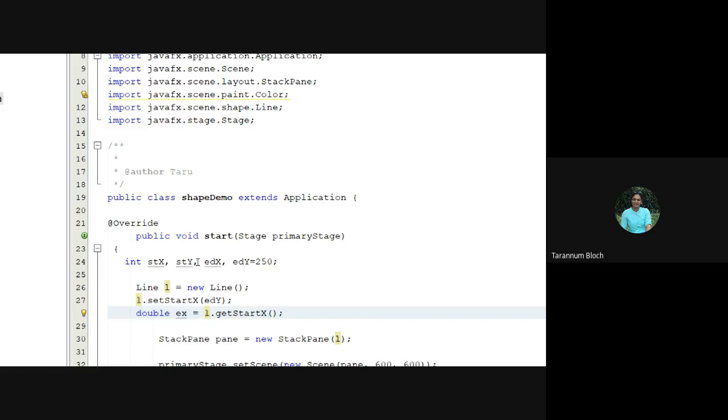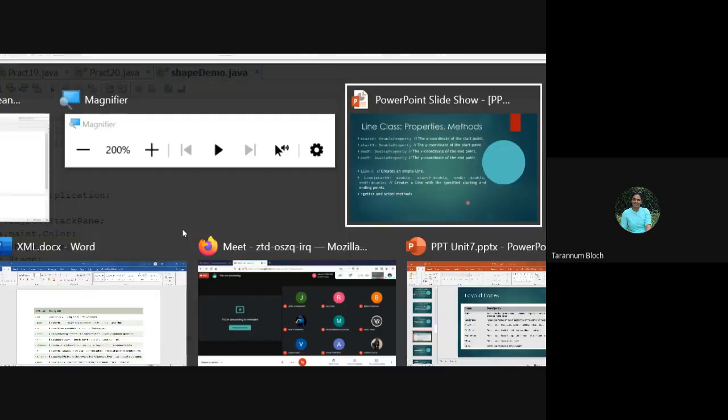Are you getting the point, everybody? What is the getter method and what is the setter method? Is it clear? I can use System dot out dot println, and I can print this x value, whatever is there in the coordinates. Fine. Is it clear?